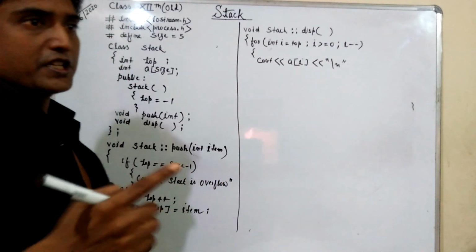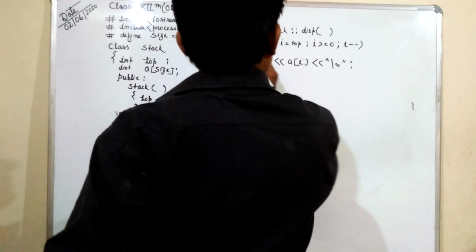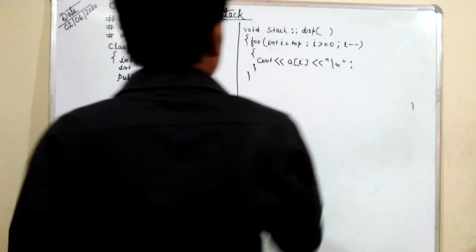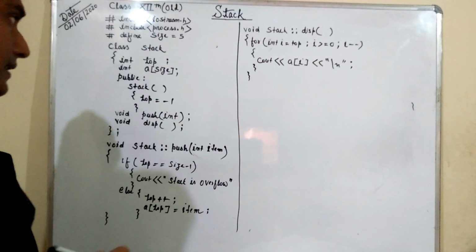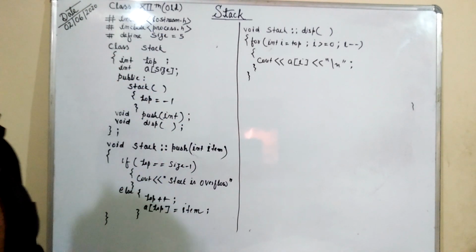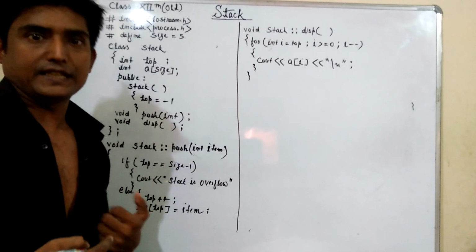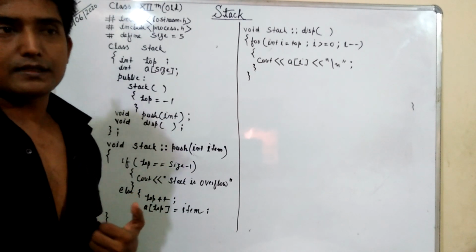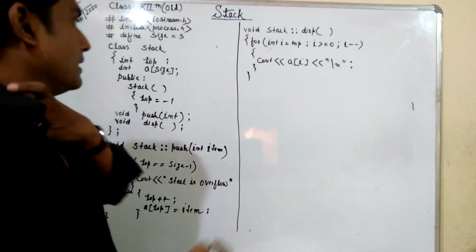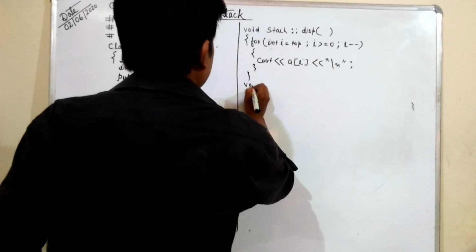So for the termination we always use the slash and backslash and put the symbol. So I have declared also the void display function. Now we are going to use the main function, where we can call the function or class in the main function. So in the main function, students, we are just going to use a void main,